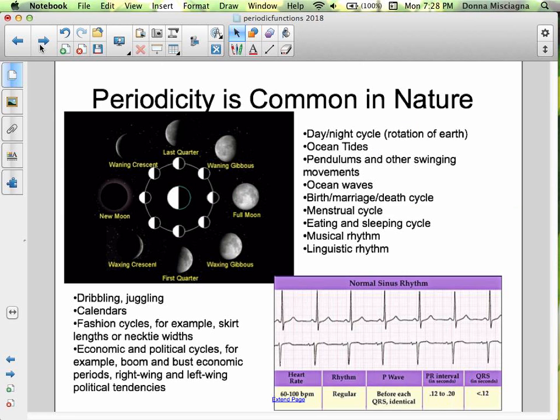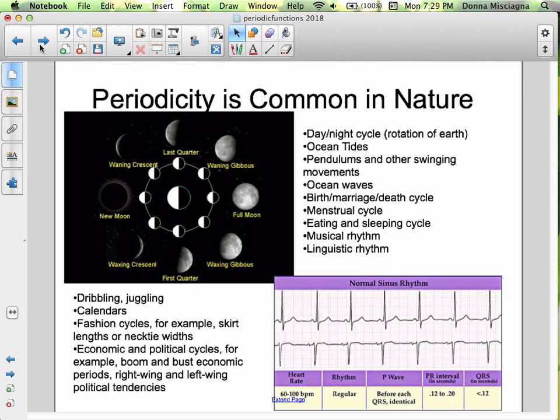So let's look at some things about periodicity. Periodicity is common in nature. Day-night cycles, rotation of the Earth. Every 12 hours we repeat when the sun is out as we rotate around the sun. Pendulums and other swinging movements keep repeating the same pattern over and over again. Ocean waves, the birth, marriage, death cycle, musical rhythm, linguistic rhythm, eating, sleeping, dribbling, juggling, calendars, fashion cycles, economic, political, lots of things